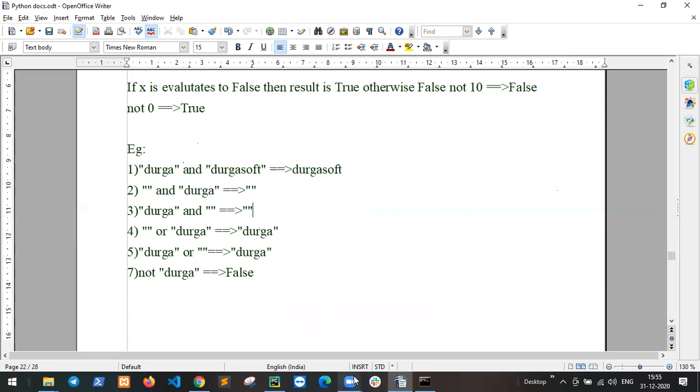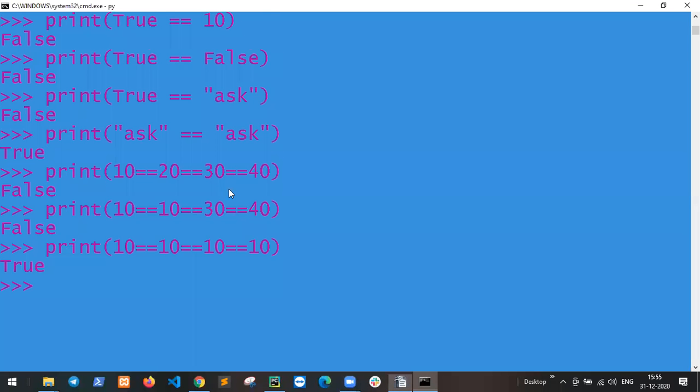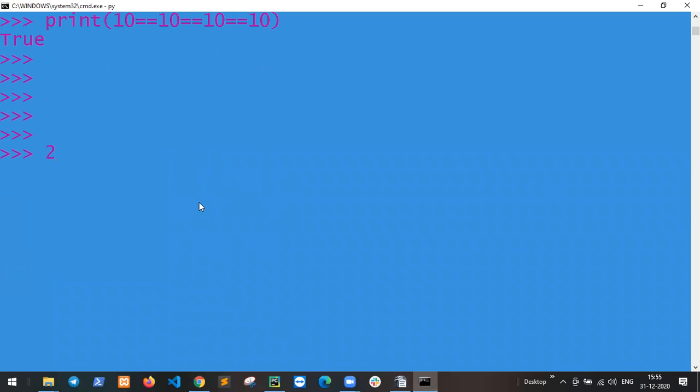So let's see an example, your practical, to make it understandable. Print Ram and Sham.